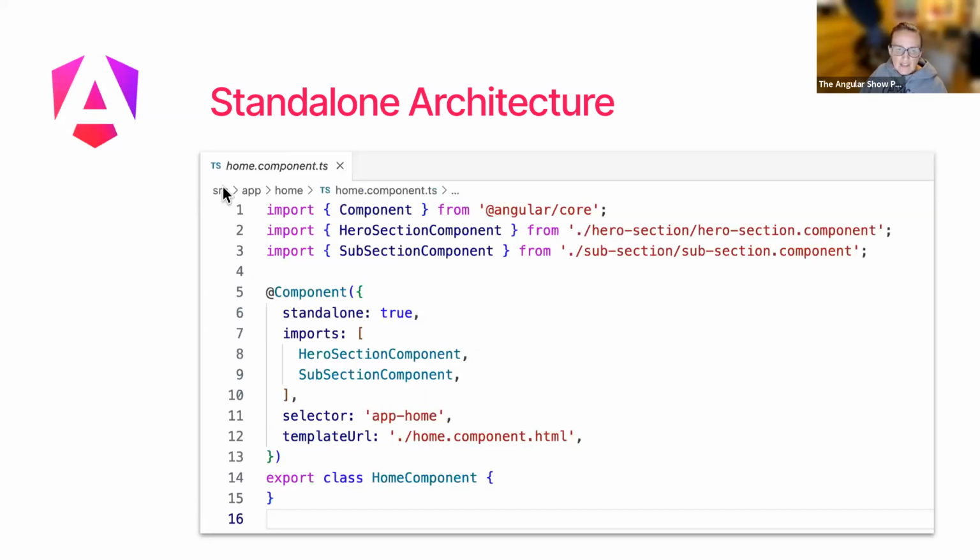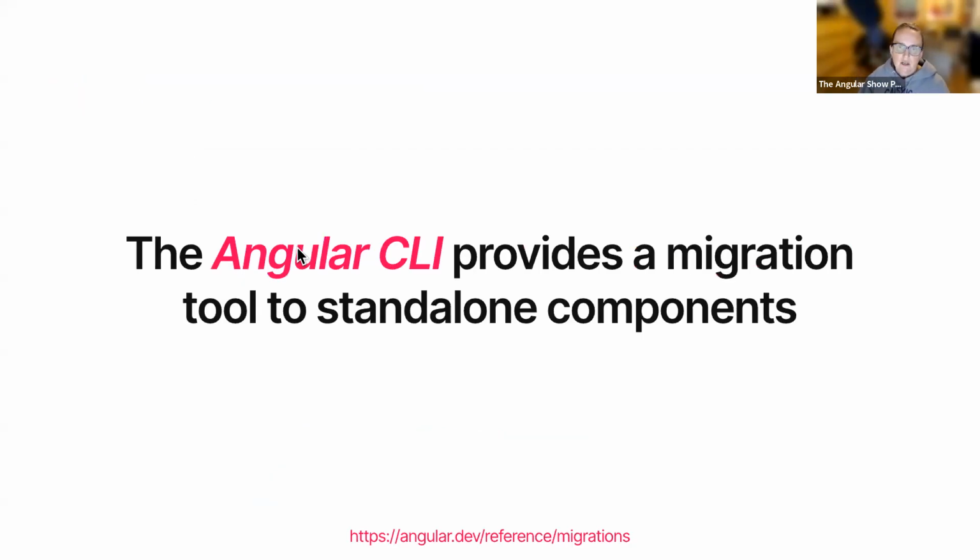And then this is what a standalone component looks like. The only difference here between a regular module-based component and a standalone component is that the standalone component has this piece here: standalone equals true, and it has an imports array. Otherwise, this imports array would be in a module, and then the module would have to declare the component and export the component. And so it gets a little bit complicated. So that's the piece of the puzzle they were trying to simplify for us.